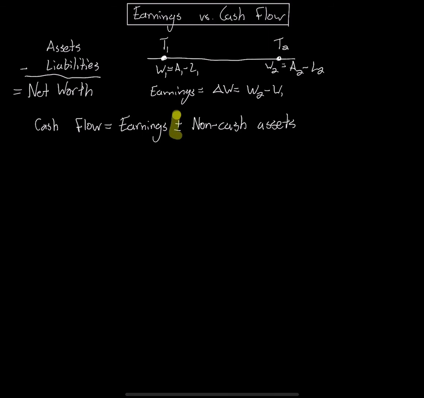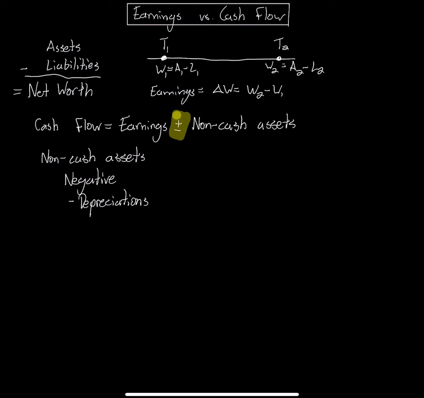We say add or subtract because there are certain assets that are either positive or negative. So a negative non-cash asset could be depreciation, where an asset loses value over time,